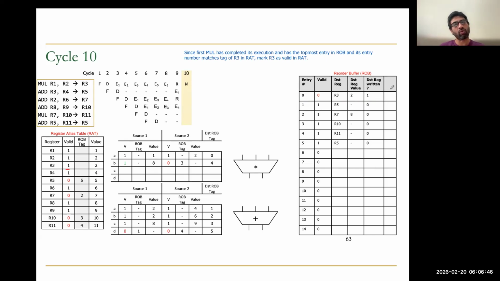And since we have now retired this instruction, in the reorder buffer we mark this entry as invalid. Invalid means we have written the result into the register file. We have marked the result as valid, and the instruction is done. It has left the pipeline. Okay. In the same cycle,